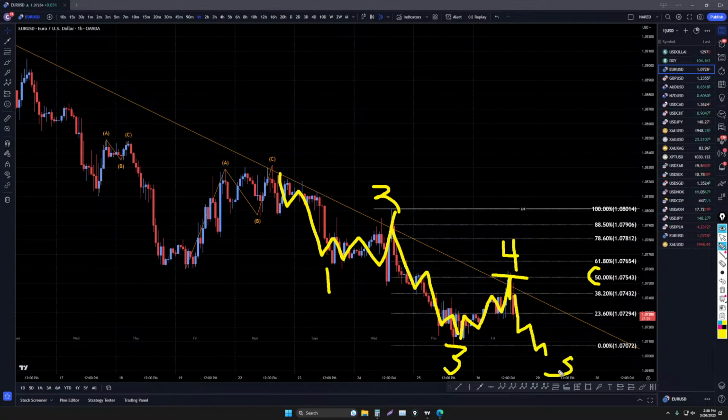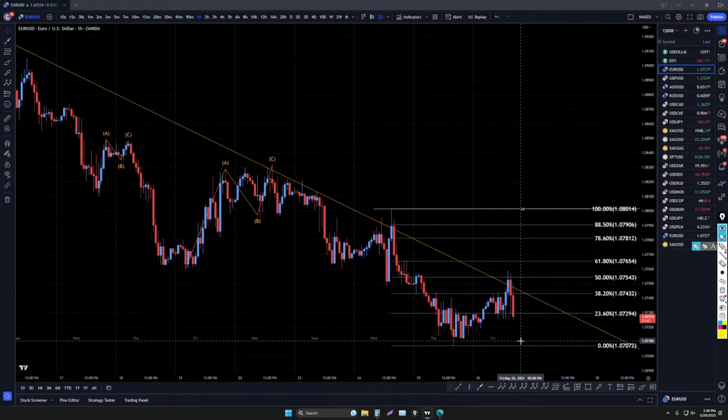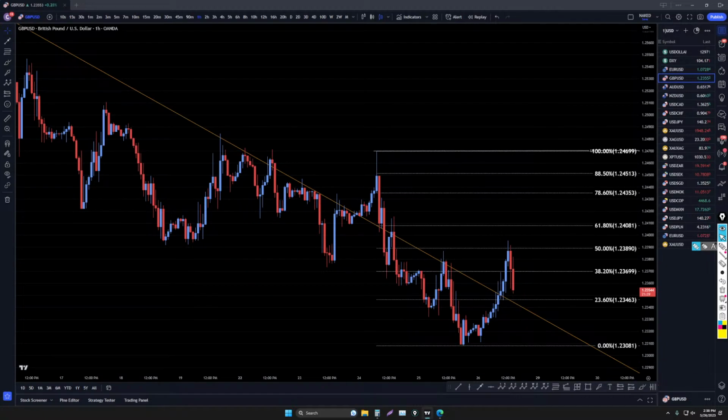Most likely. That means that if that's true, then it might just go down near these lows and then turn back up and make a bigger correction like I was showing on the dollar index. So we need to keep an eye on that. We do have that dollar news coming out pretty soon, so that may be what causes this to end of wave 5. Let's head down to the pound dollar.